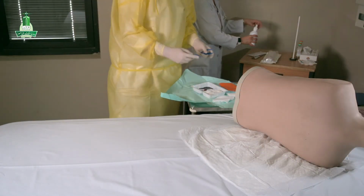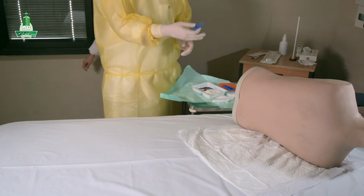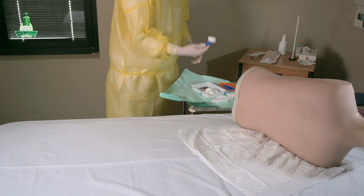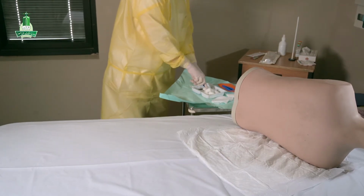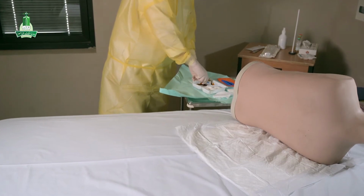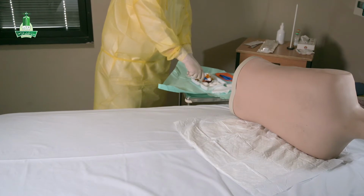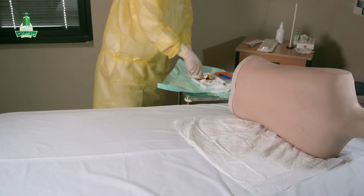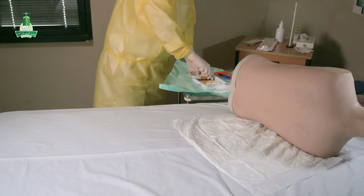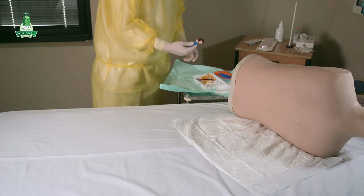Okay. And now I'm using povidone iodine to prepare the skin for, say, a lumbar puncture, as an example. So you take a cotton ball and soak it with povidone iodine. But don't let it drip. Try to dry it a bit. Press on other cotton balls to make it a bit dry. And then you use